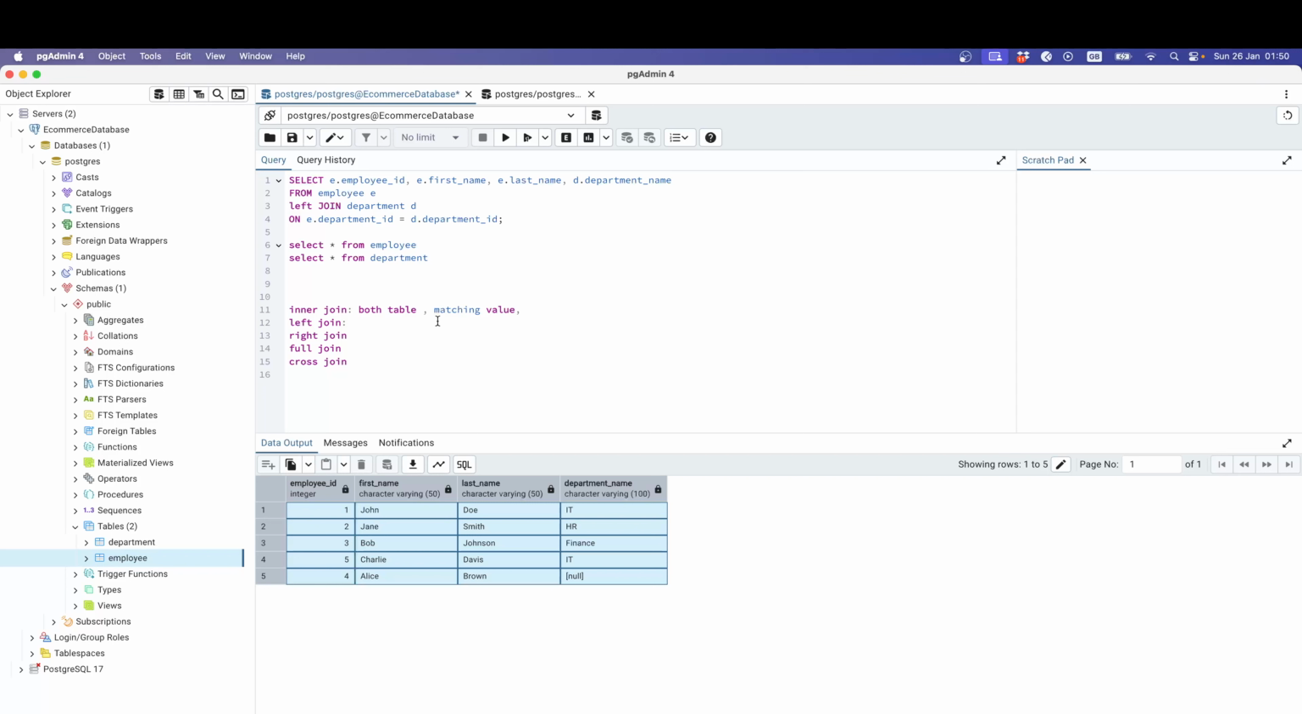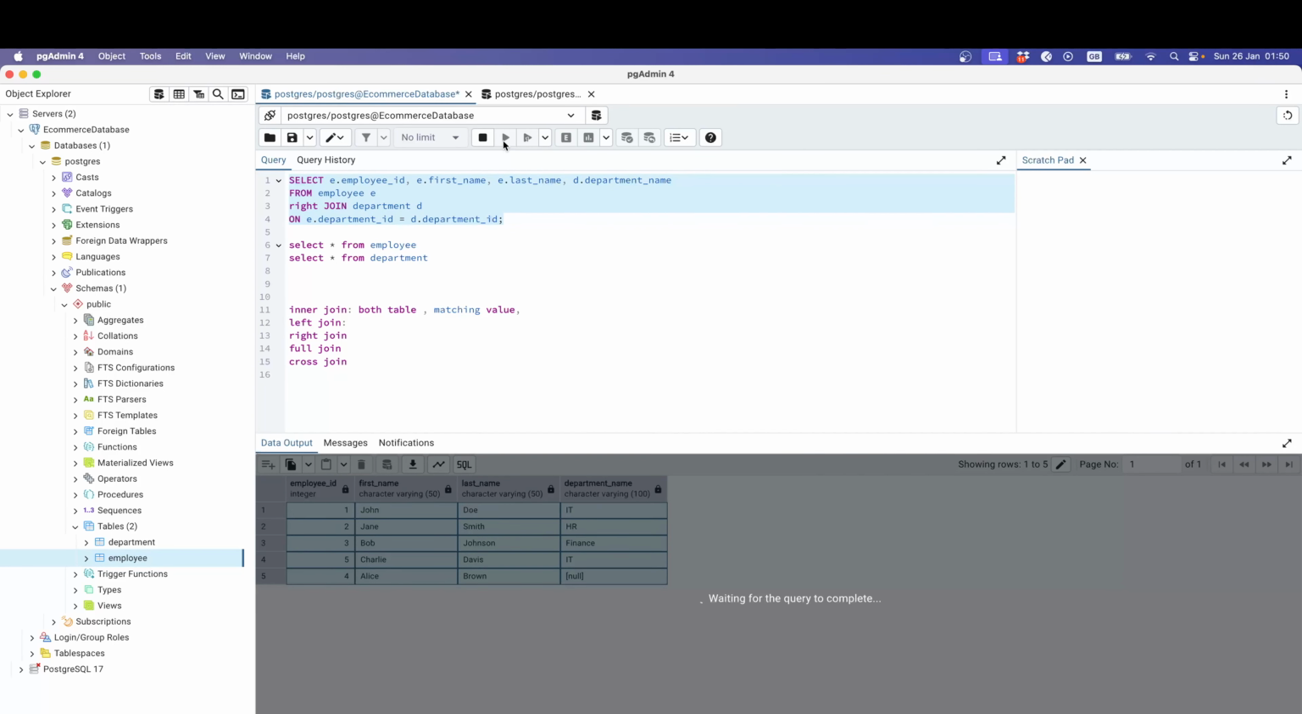On the other hand, right join retrieves all records from the department table and matching records from the employee table. If no match is found, null is returned for the employee. Okay, so if we use right join here,